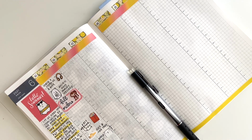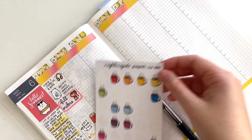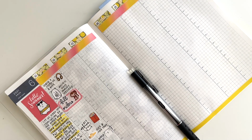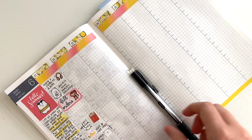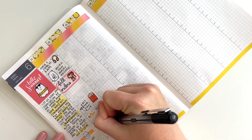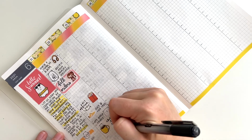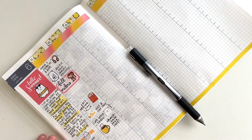I don't know if I have any chocolate cake stickers, but I know I have mugs. Let's see. They're mostly Christmas mugs, like these ones, although I do have my own Winston mugs. So I think I'm going to use Winston in a mug. I'm going to use yellow, to mark my first chocolate mug cake in a very long time. All right,